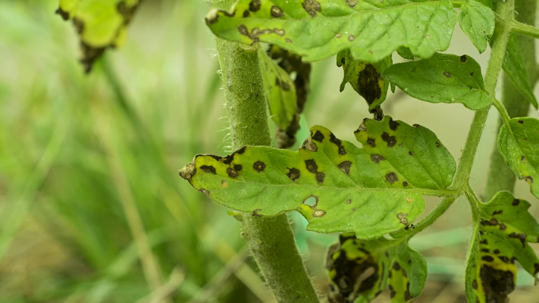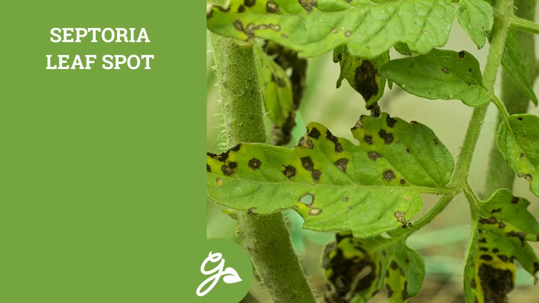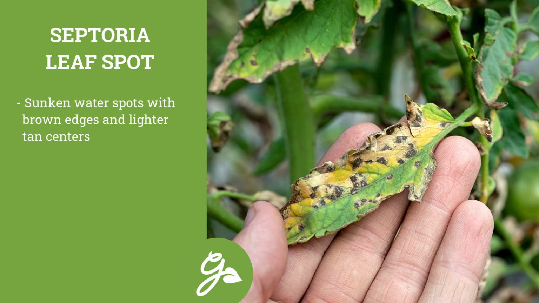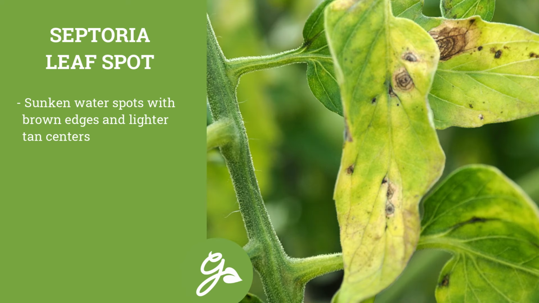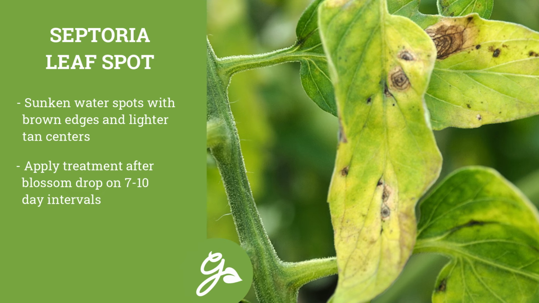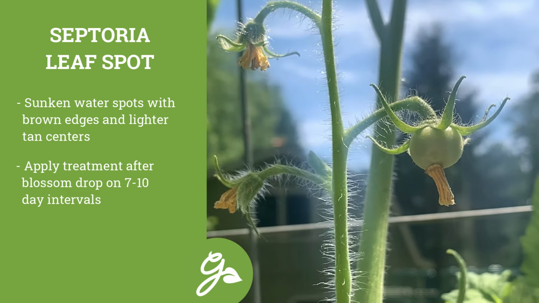Septoria leaf spot is a disease first evident on the oldest leaves of the plant. It is easily identified from other leaf disorders with its quarter-inch sunken water spots with brown edges and a lighter tan center. Treatment can be applied on a 7 to 10 day schedule beginning after blossom drop when the first